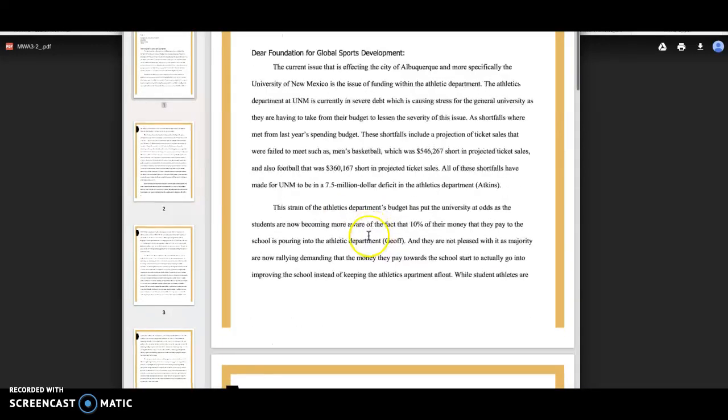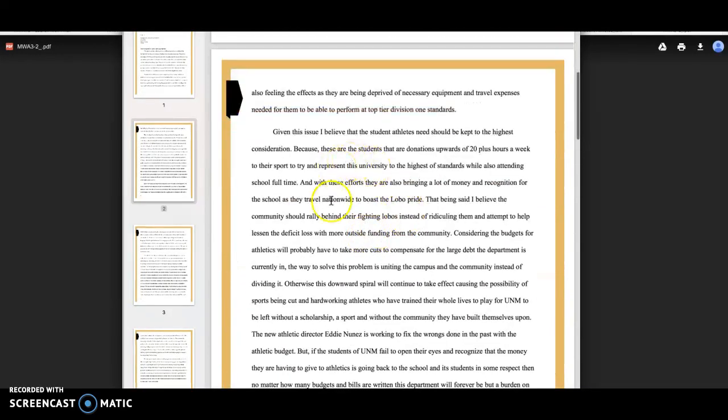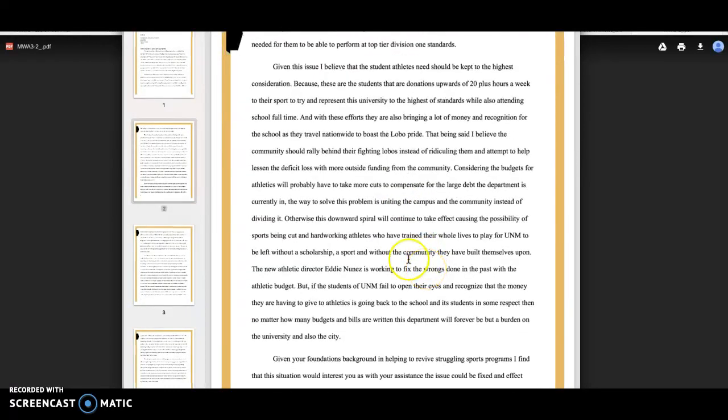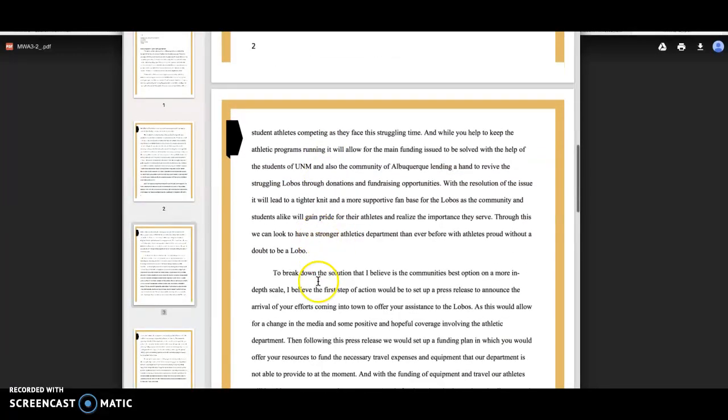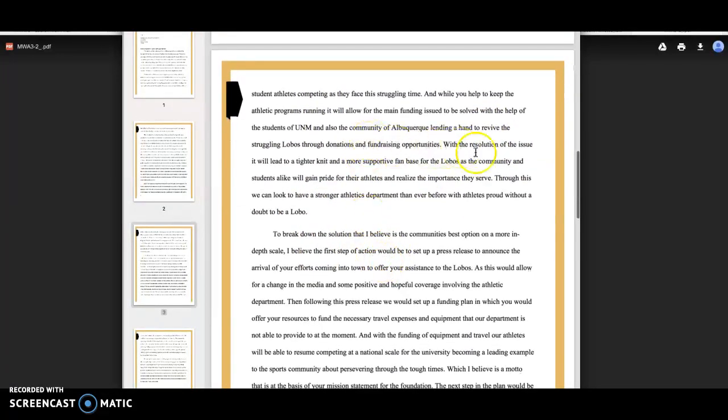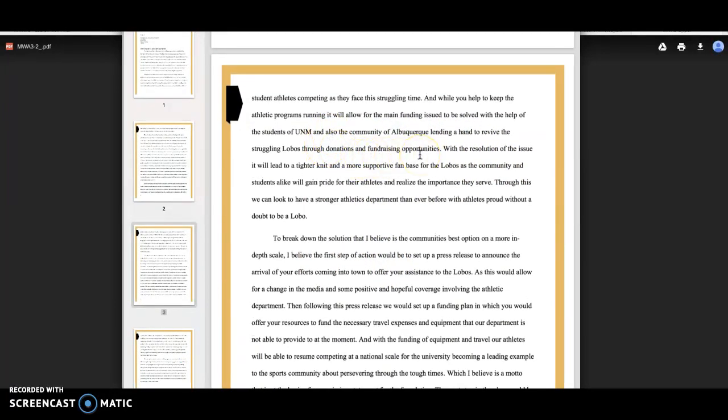And basically on this one, I just had to go into more depth about the solution, and talking about the fundraising opportunities and how the student athletes can directly impact that.